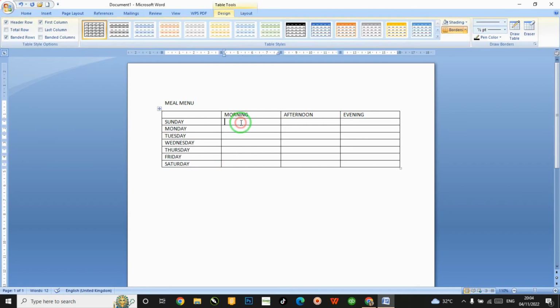So the next thing is I want to change my caps lock to small letters. So morning, Sunday morning, what will I take? Tea and bread. Sunday afternoon, fried rice. Sunday evening, let me just say